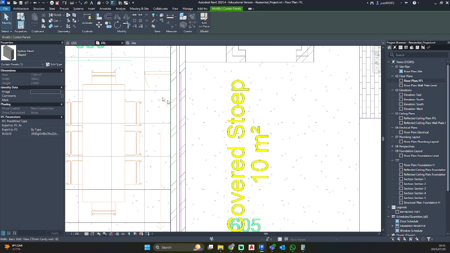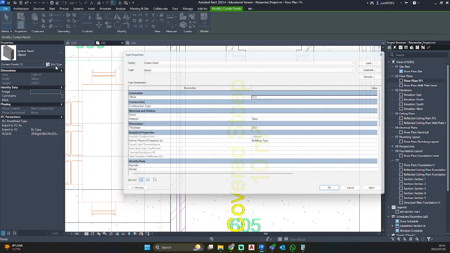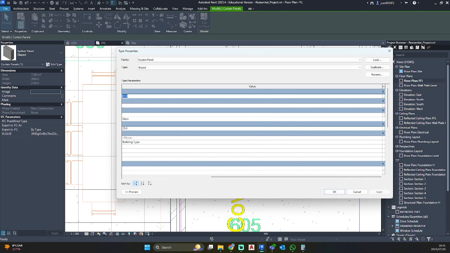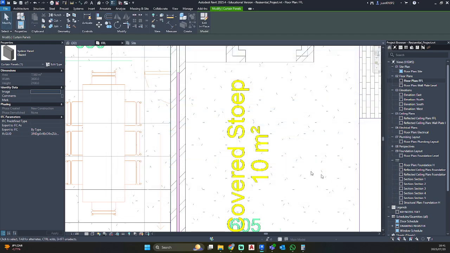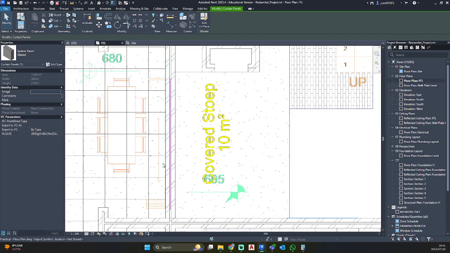Go ahead and click on that. Then you'll see you'll have a glazed panel opening up. I'm going to go edit type and change my offset to 0 and just hit apply and OK, and you'll see your glazed panel is now in the middle of that wall.